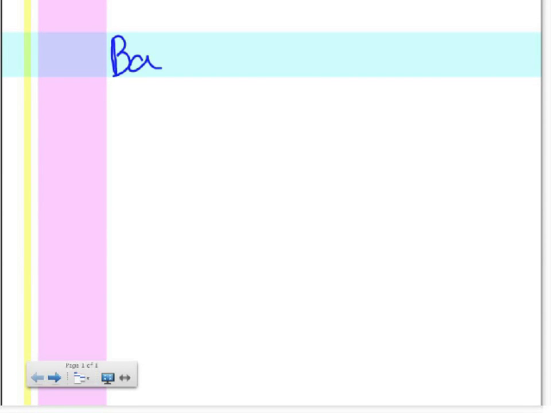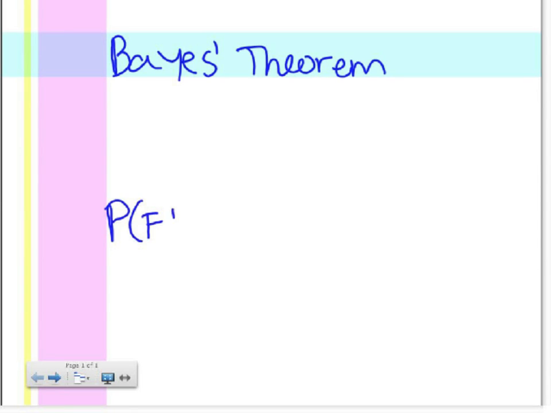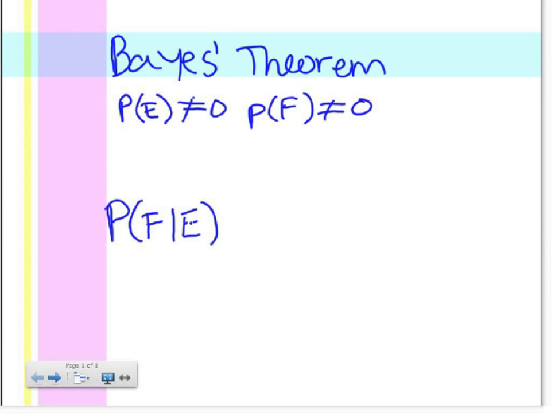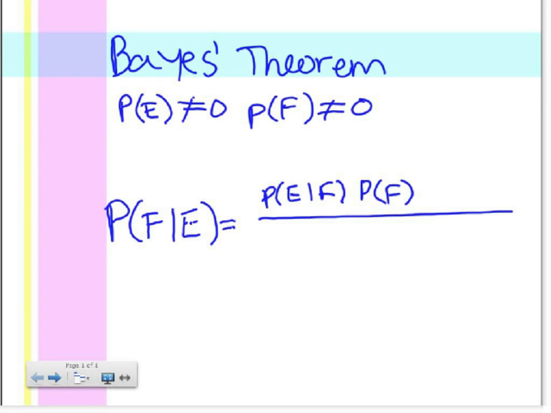So, to start, let's quickly write down what Bayes' theorem actually is, and then we can go on to prove it. Bayes' theorem is very useful when you're considering the probability of one event given another event. Assuming that the probability of E is not equal to 0, and the probability of F is not equal to 0, we can find that the probability of F, given that event E is true, is, on the numerator, the probability of E given F, multiplied by the probability of F,